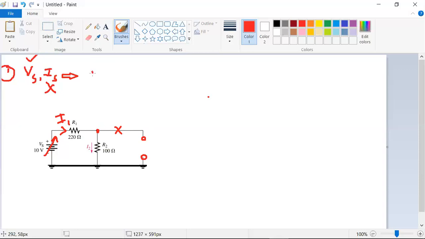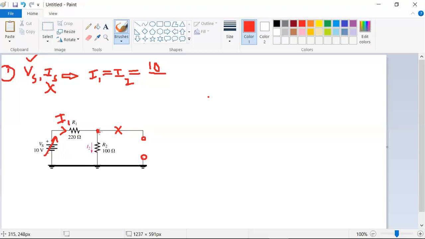So I'm going to write this equation: I1 is equal to I2 is equal to, what is Ohm's law principle? V is proportional to I. Then I is equal to V by R. The voltage is 10 volts, divided by how much resistance? Here the two resistors are connected in series or parallel? Obviously these two resistances are in series, because in this branch there is no flow of current. This is open circuit.